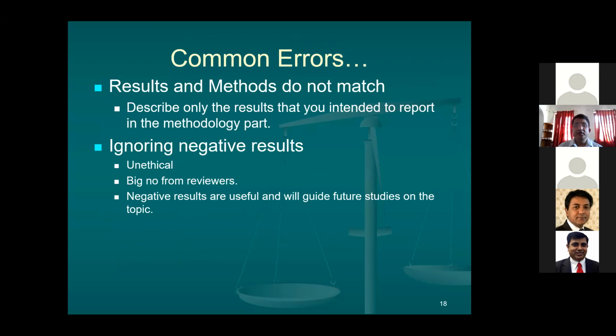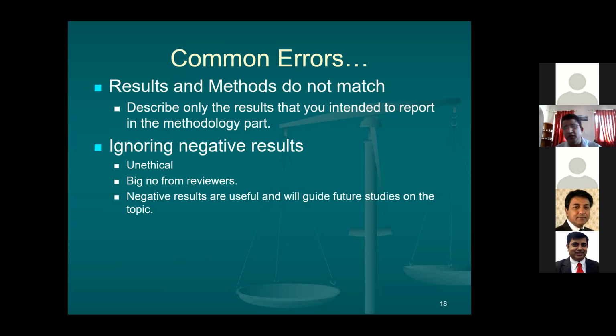Ignoring negative results. Every result you found by your meticulous research matters, whether it's negative or positive, no problem. Not reporting negative results is considered unethical also. And the reviewer would also like to see honest reporting, not selective reporting of your results. So you have to write the negative result,